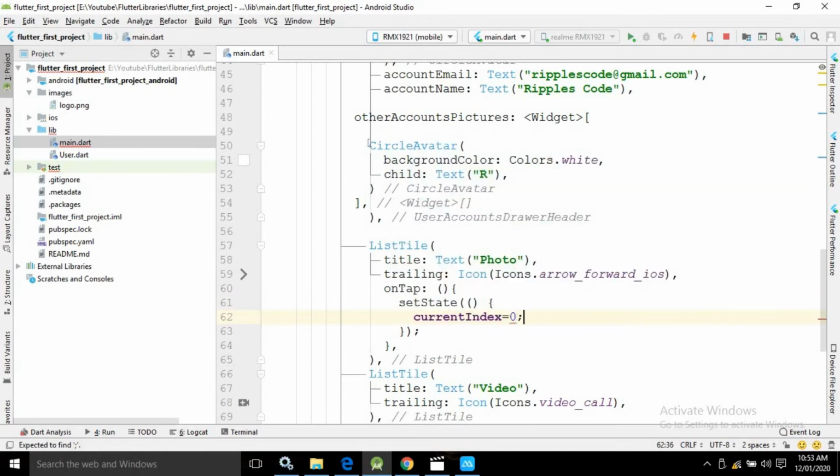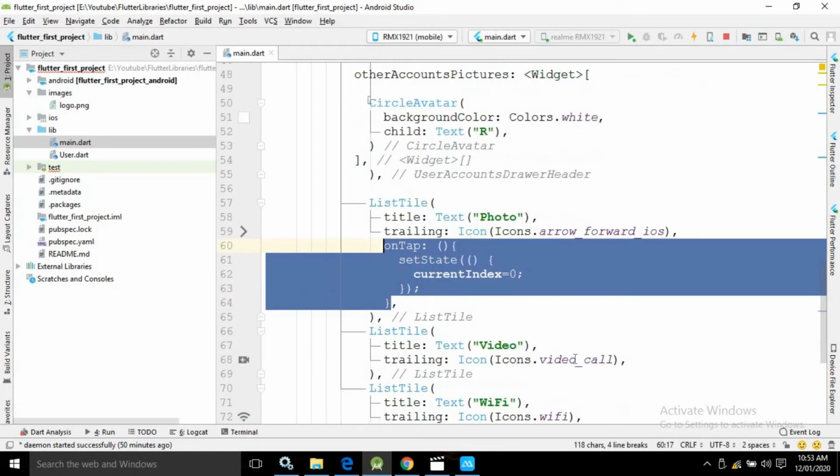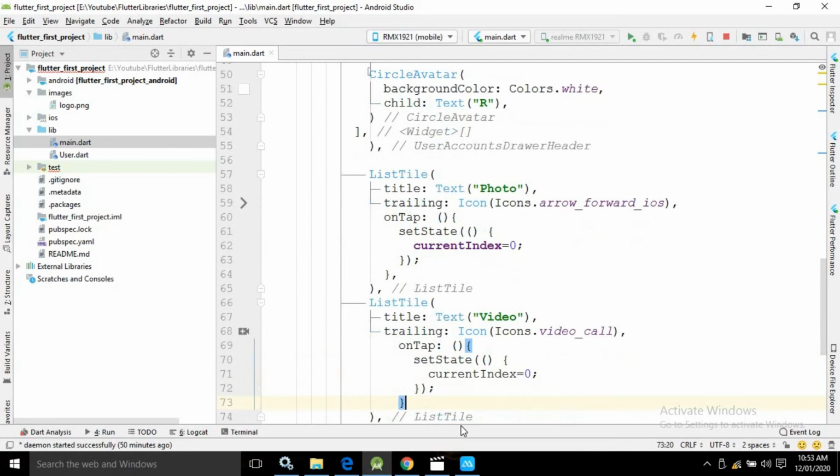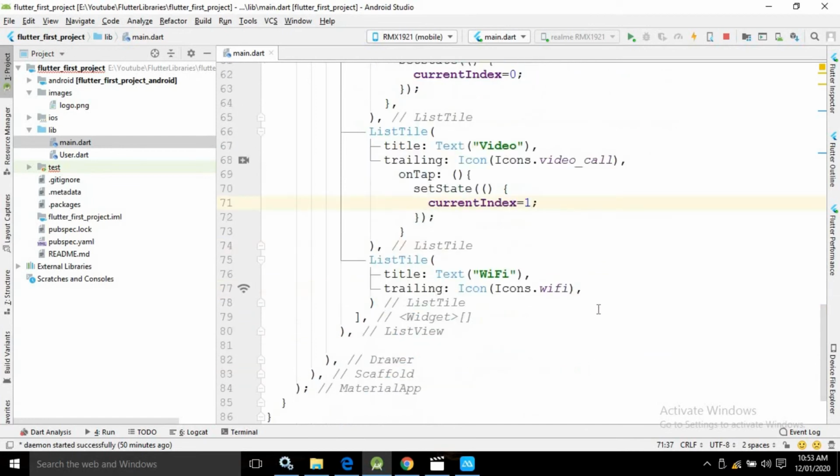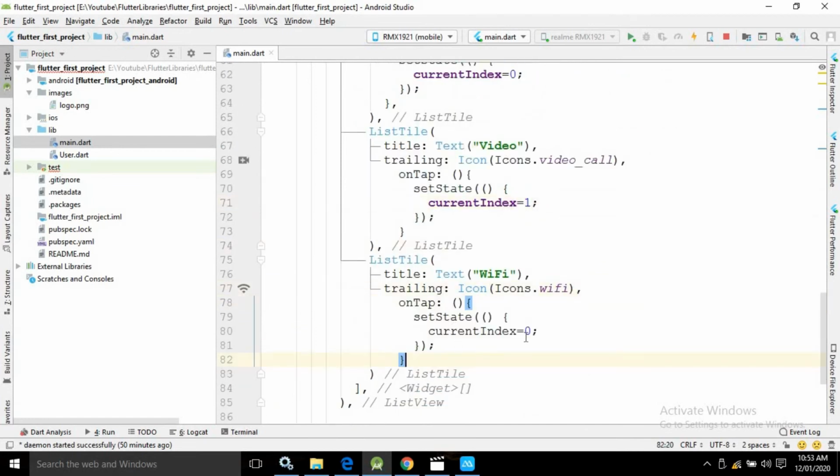Whenever the user clicks, then the current index value will be 0. Let me copy this on tap and paste it here. For the second list tile, the current index will be 1 whenever it is clicked, and for the third one let it be 2.